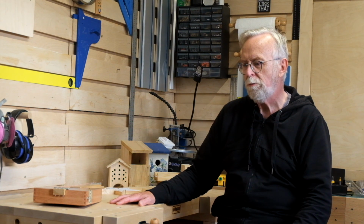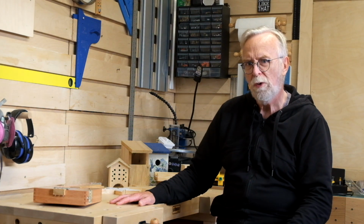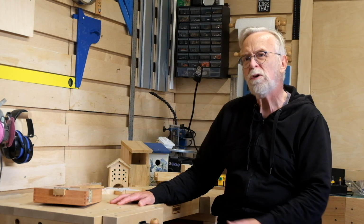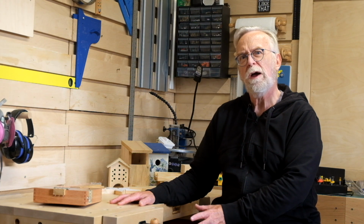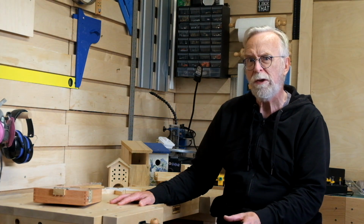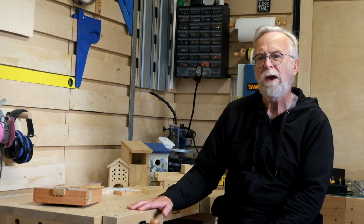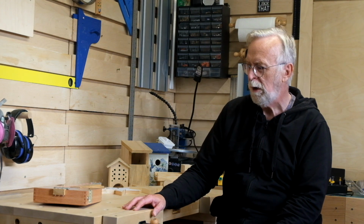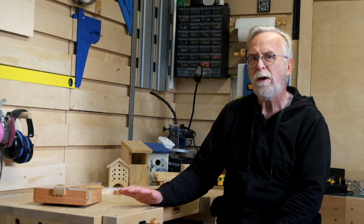Now I know some smart Alec might put in the comments that yes, Grumpa, but it really isn't up to the job of proper hand tool work. Well, I'm not going to strap a full-size oak door onto the front of it and try to whittle down the edge for a fit. It's only going to be small pieces. The heaviest thing that's likely to go in the jaws of the vise are the ends of small box sections for making handmade dovetails. The top I'll be using, I might do a little light planing on small pieces,